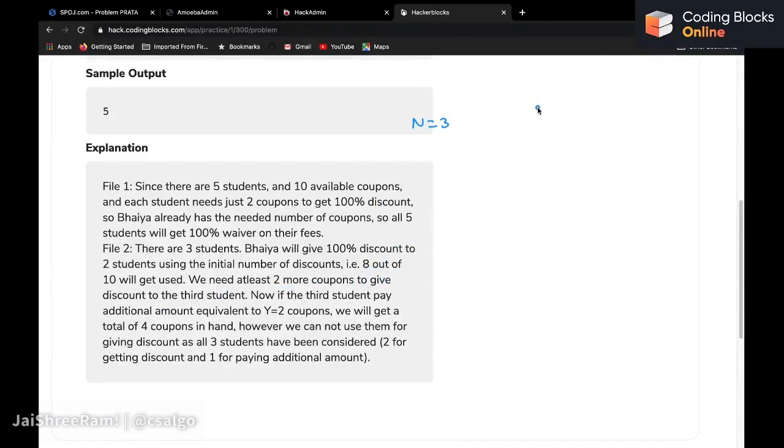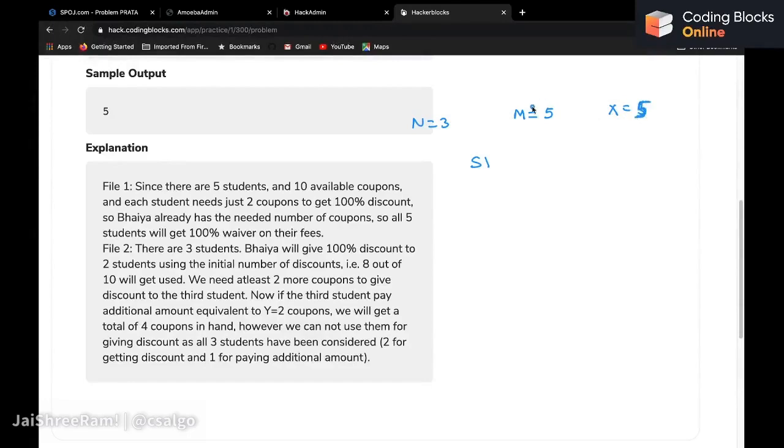Let's say we have 3 students, and we have, let's say, m equals to 5 coupons. Okay, and for each student, let's say x is also 5. That would mean for each student we need